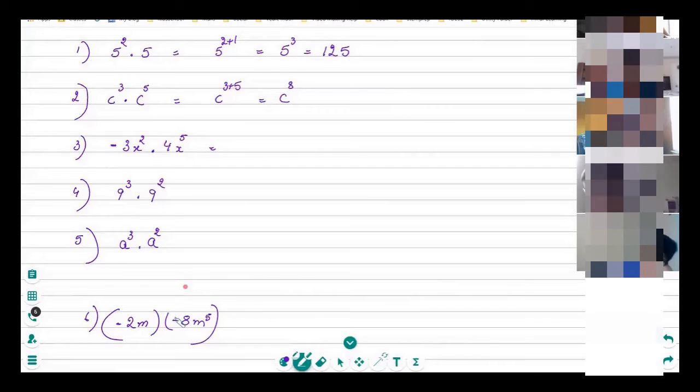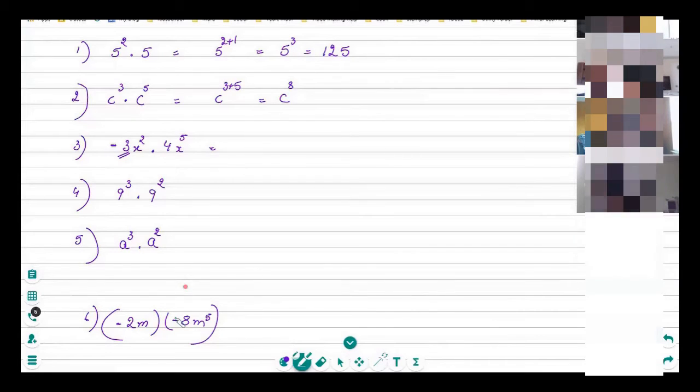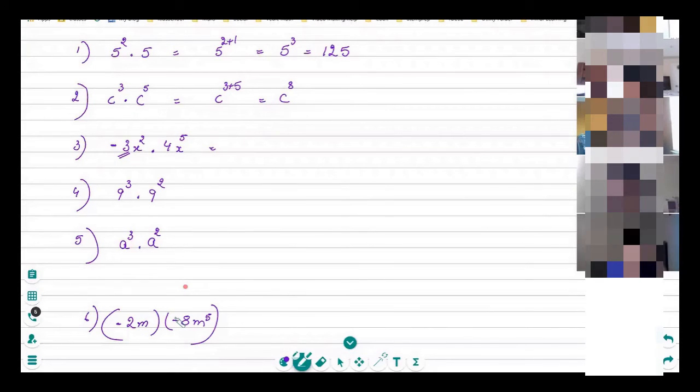Step by step. I want to know every step. And question number 3. First, I did -3 times -3, and I got 9. Why did you do -3 times -3? Because it showed -3 squared. Okay. And then after I got the answer, I put an x next to it. Okay. Everyone,